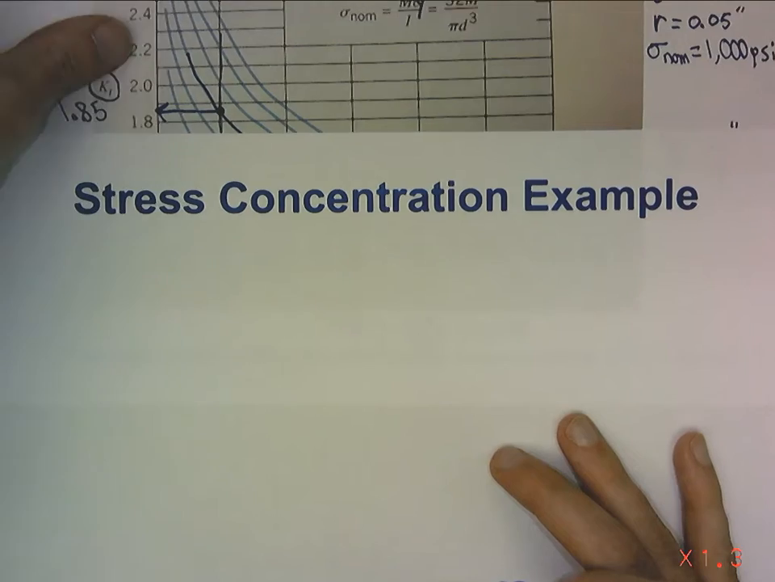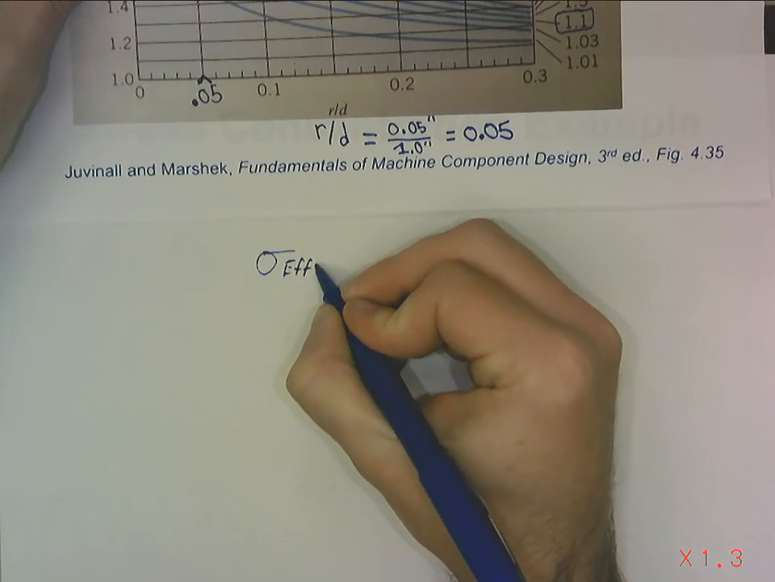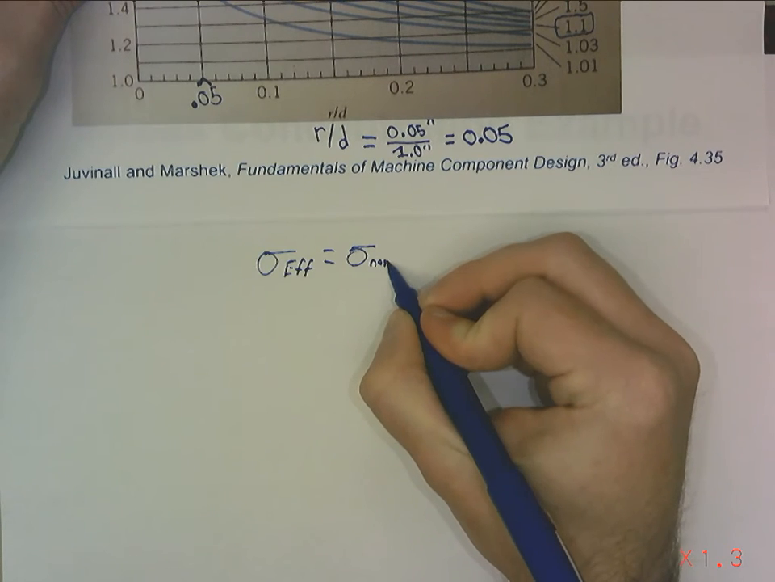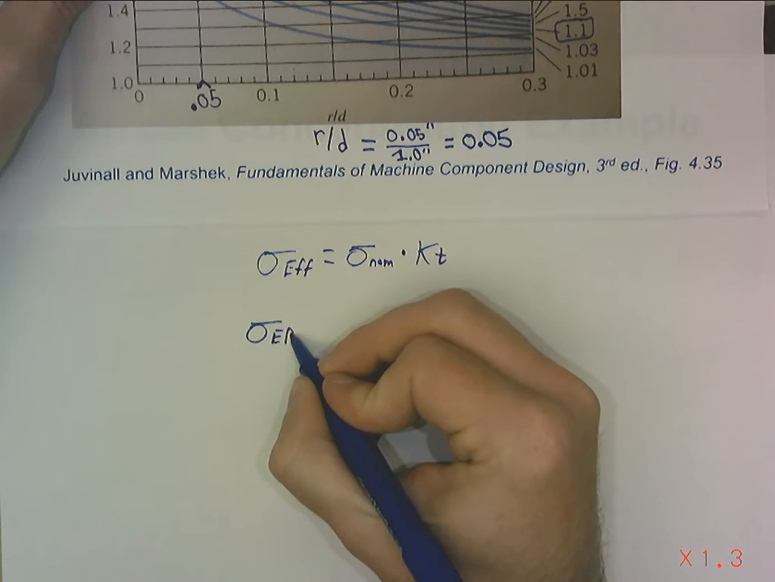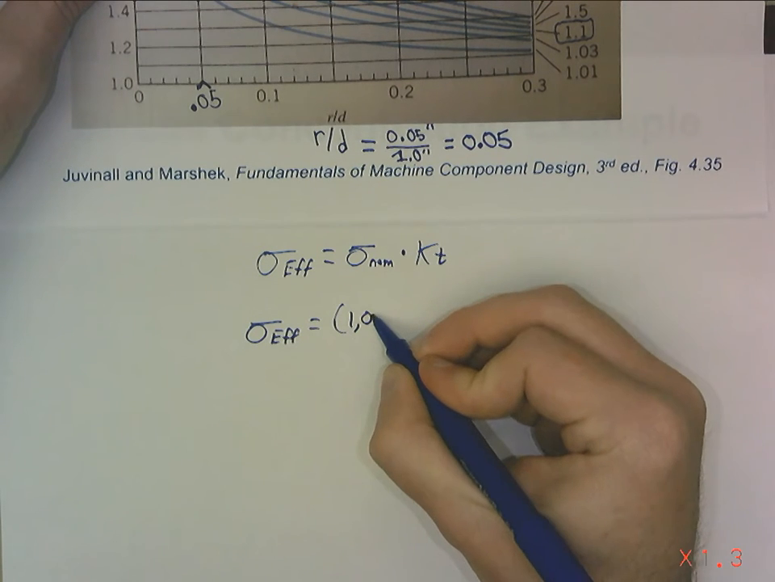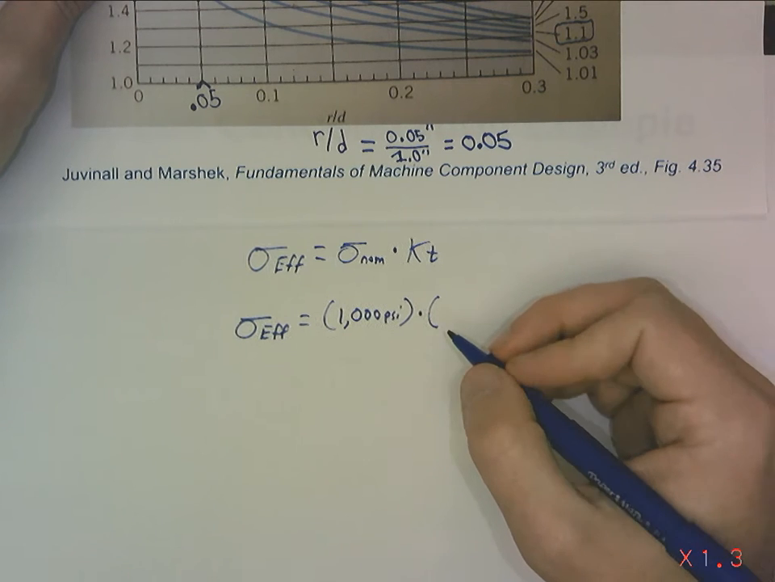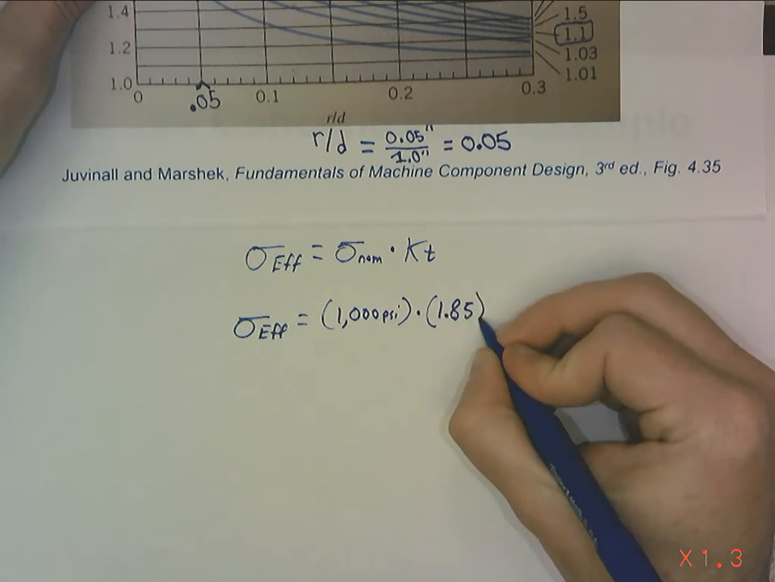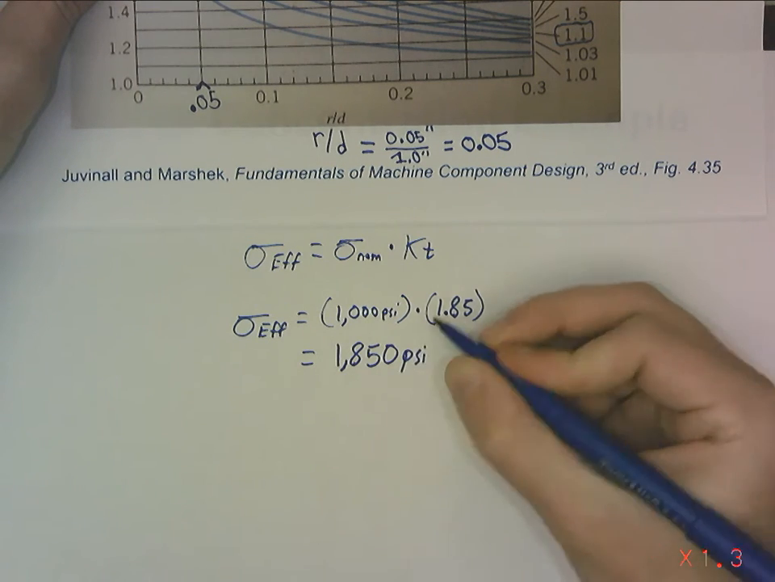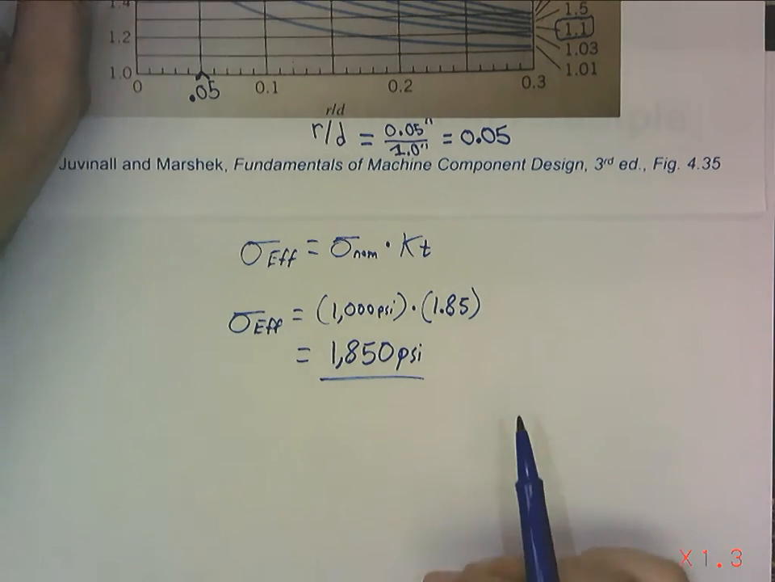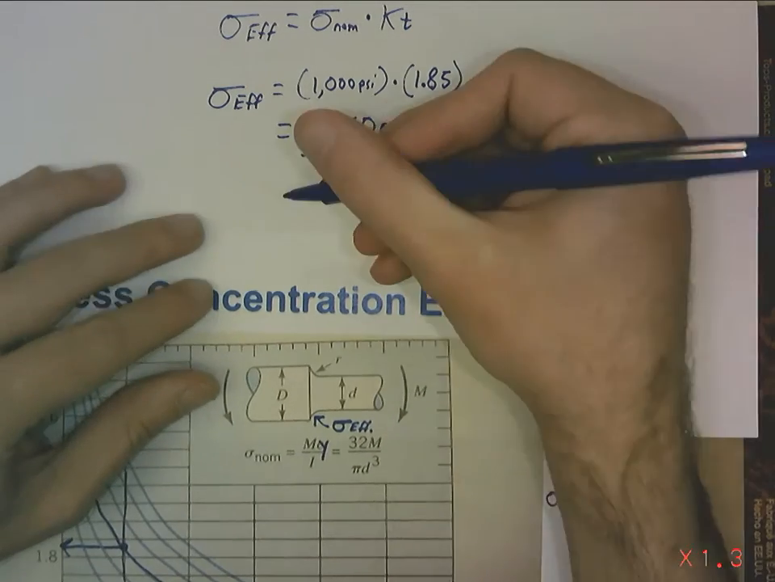What do we have? We have our formula. We've got sigma effective equals sigma nominal times KT. Well, gosh, let's see. That means sigma effective equals, I gave you a nominal stress, times 1.85, 1,850 PSI. What does that mean? That means on our shaft here,